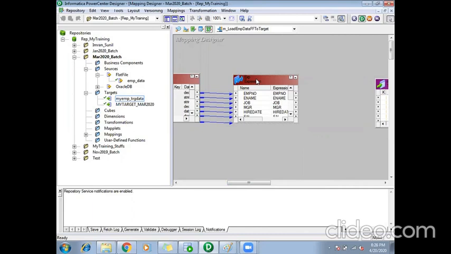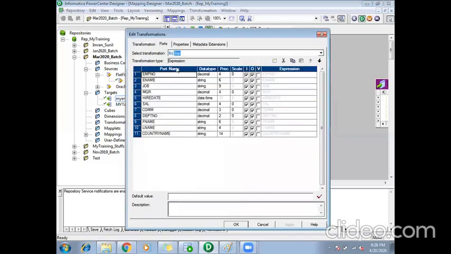We'll compare those two records and assign some values to a new port. You will get to know why I'm doing all this.